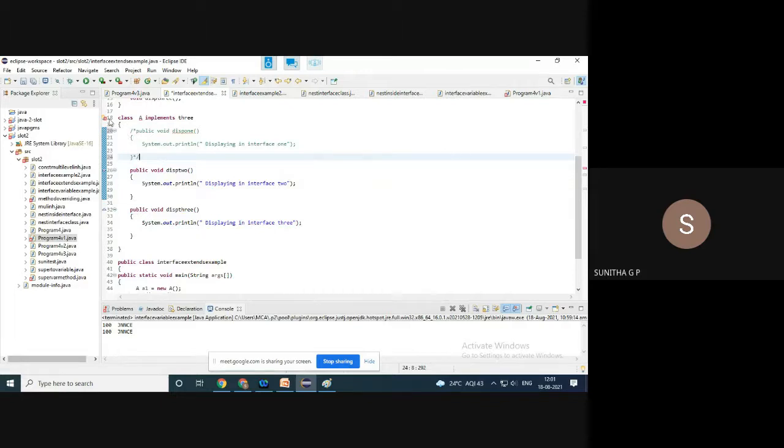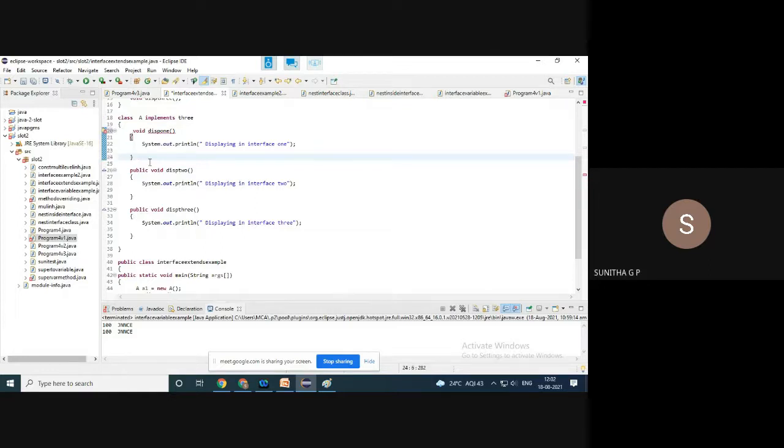Okay, we are getting an error here and check what is this. The type A must implement the inherited abstract method. You see, the type A must implement the inherited abstract method one dot disp one. Okay, so that method is to be redefined. So every method is to be redefined, otherwise you will have an error. So in this class all the three methods are available, so you can check with this also. If I remove this and also you remove this public keyword, then also you will get an error.